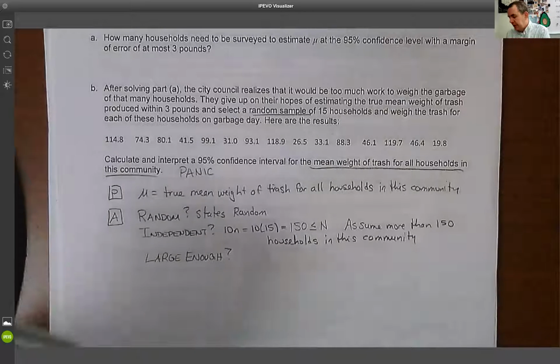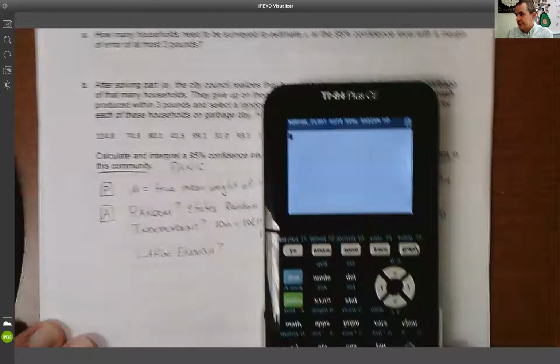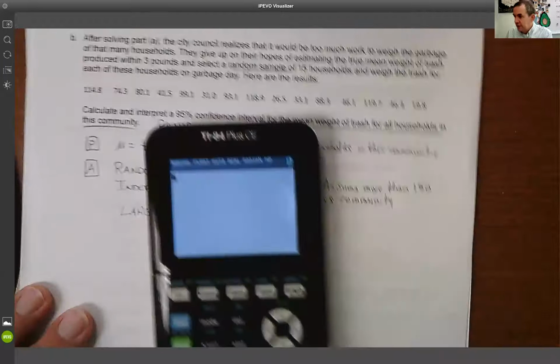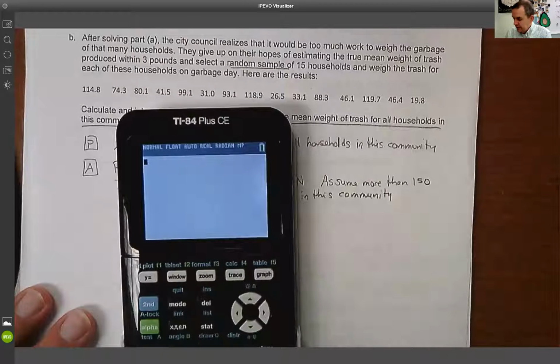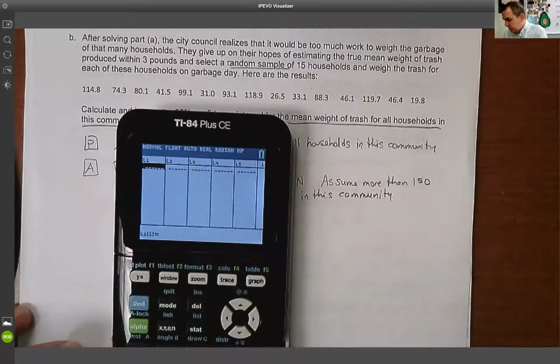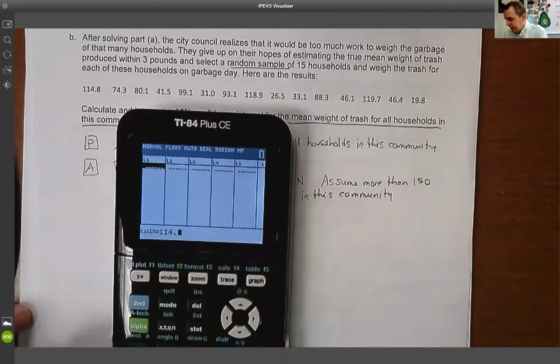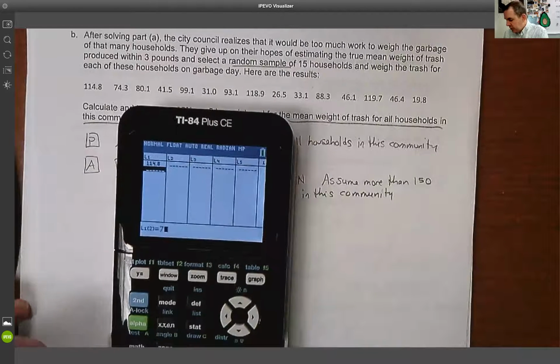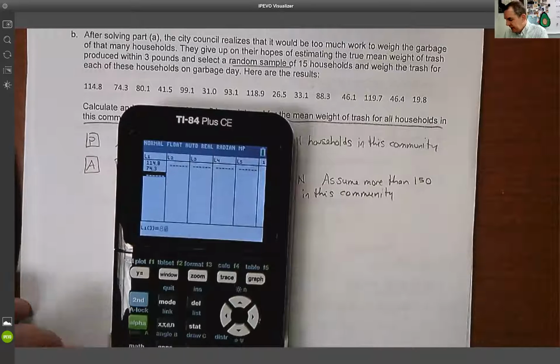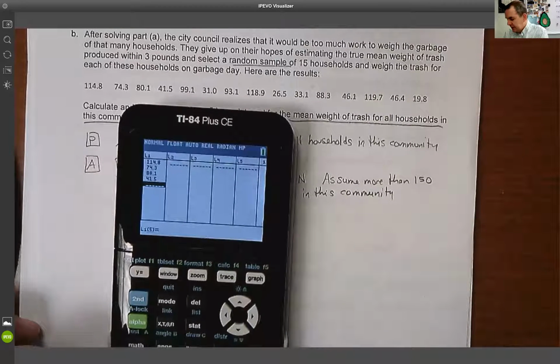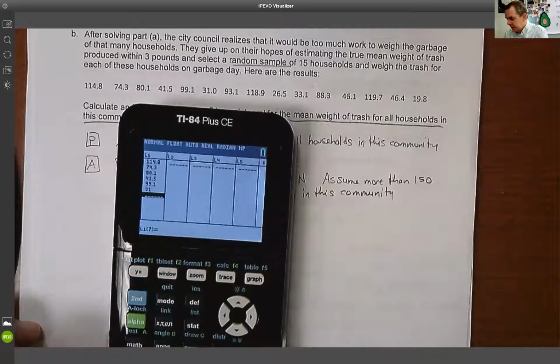So what I'm going to do now is I am going to put the data into the calculator. All of this data that's there, I'm going to put in the calculator. So we do stat, edit, and I'm going to put in those numbers: 114.8, 74.3, 80.1, 41.5, 99.1, 31, 93.1,